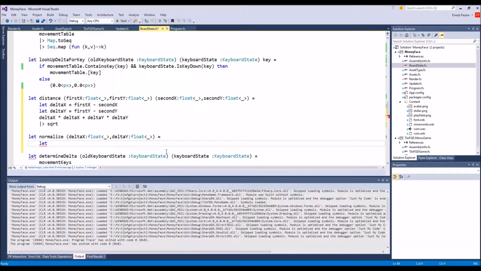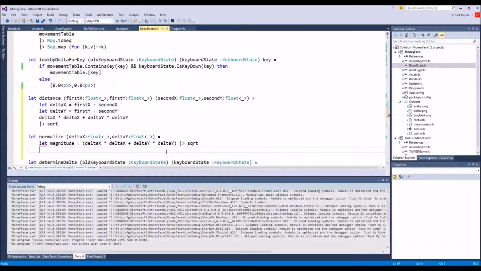That I really don't. So let that's magnitude equal delta x times delta x plus delta y times delta y. We send that to sqrt. So there's our magnitude, and we're going to return